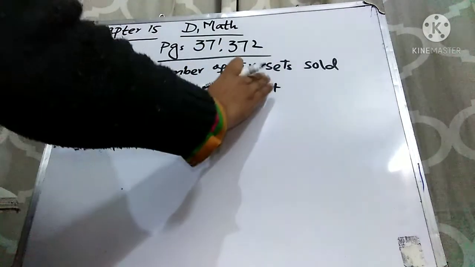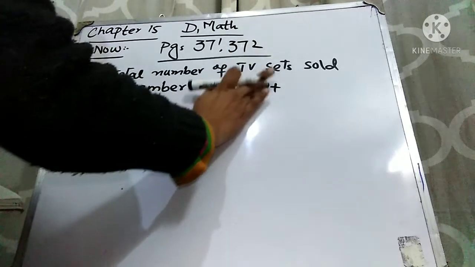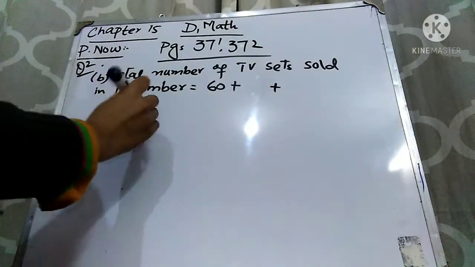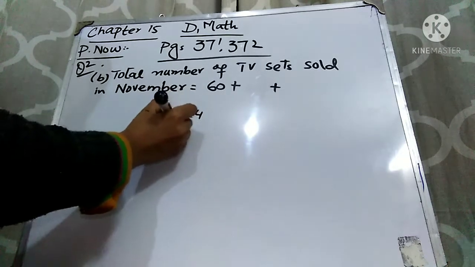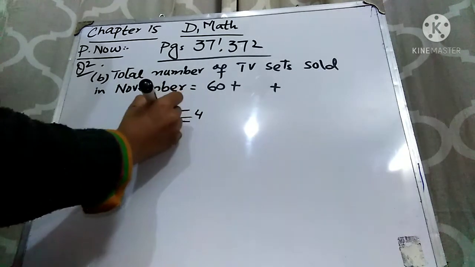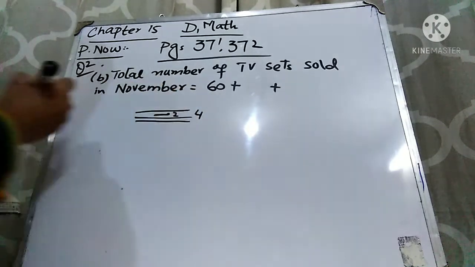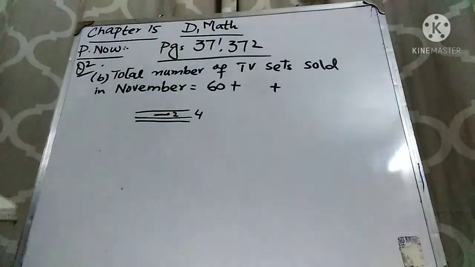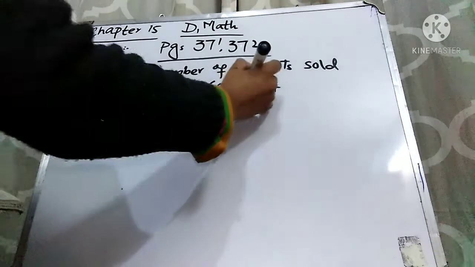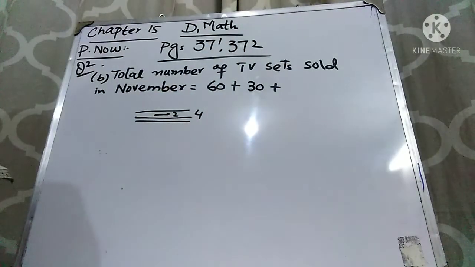Not 29, sorry, 30, because just remember that a complete small line is equal to 4 numbers, and in the middle 2 more numbers are there. The gap between these 2 numbers is equal to 2 numbers, so it will become 30. Because 20, then one more line 24, then one more line 28, then half. So 28 plus 2 is 30.